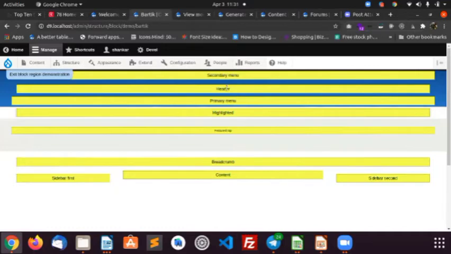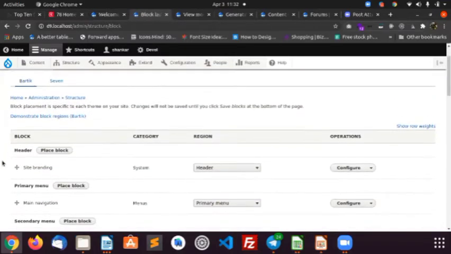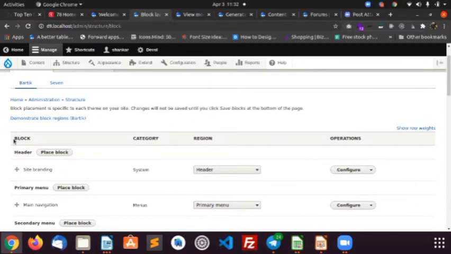Below that we have a header, and below the header we have a primary menu, highlighted, featured top, and breadcrumb. And this is the sidebar first and the sidebar second. We have the content in the middle. That is what this demonstrate block layout regions will depict. Under that we have a list of blocks.